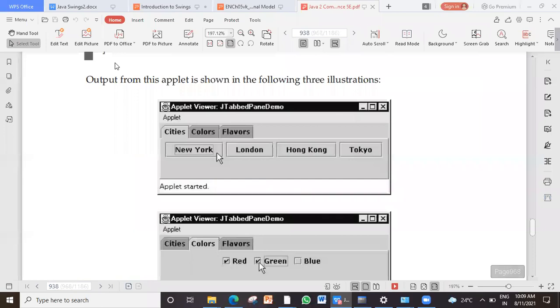I will show you the output first. This I have already shown you yesterday. Because I'm taking separate classes for A and B, I have to recollect which I have told in one and which I have told in the other. Fine. So in the tabbed pane, first, this is one tab and its content. Second tab, colors, and its content. Third tab, flavors, and its content. Clear? So how are all these created?